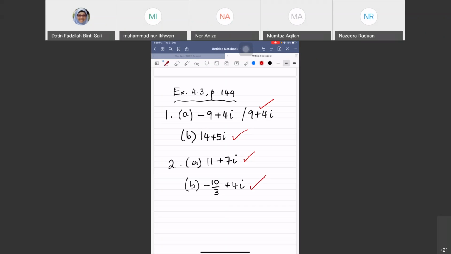Okay, so now let's move on to the next one. Okay, exercise 4.4. Basically this one I will show you because this one is where you need to plot. But before that, let me just tell everyone there's a slight mistake in the textbook for complex number